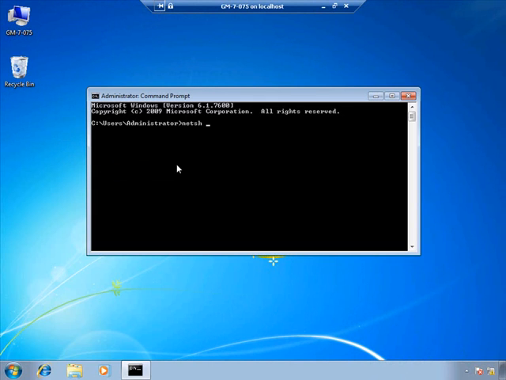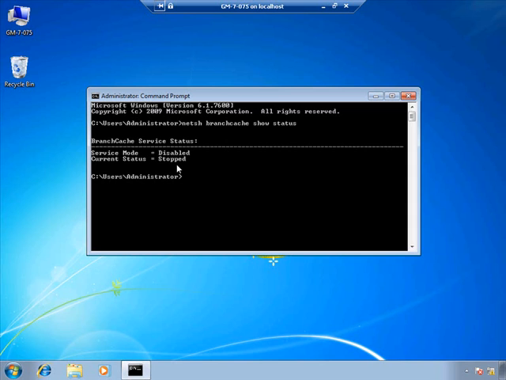I'm going to do the show status command first so you can see what we have. Service mode is disabled, and the current status is stopped. So we've got to fix that. So the command we're going to type